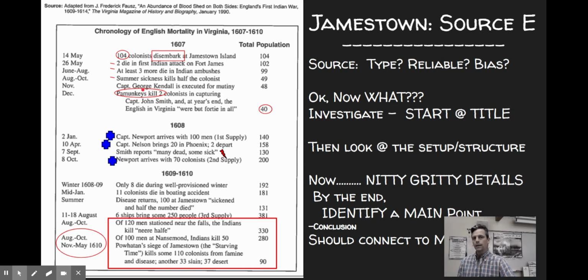Who do you think of the Pamunkeys? Talk to each other in group, answer that question. That's why I'm pointing at you. Pamunkeys. Yeah, Native Americans. So 2 more colonists. So far I have 7 people dying from Native American attacks